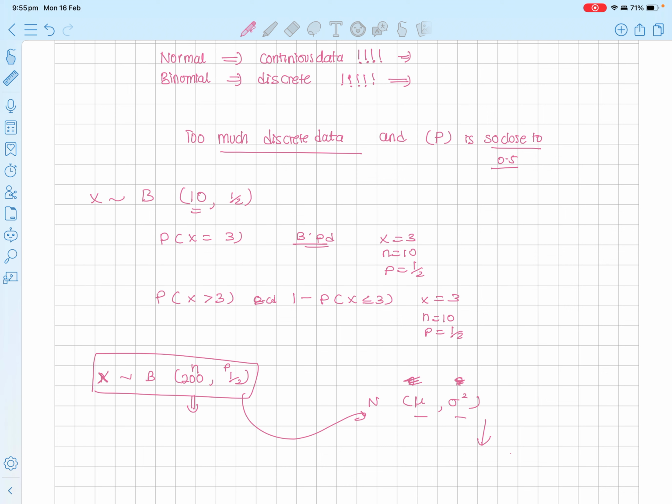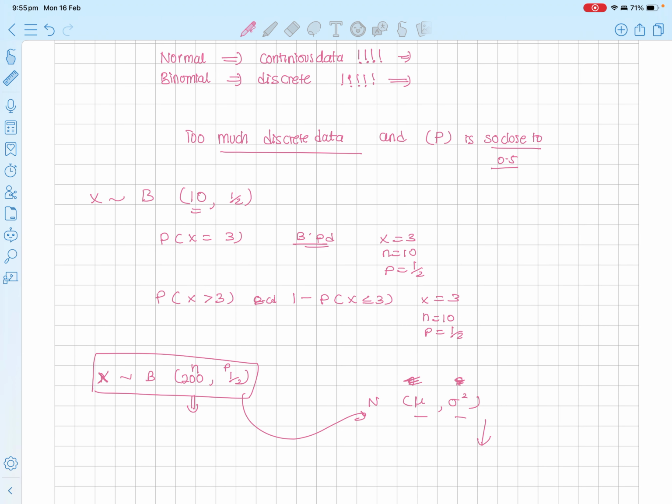That's as simple as that. In the question, he would specifically say using binomial approximation, or using normal approximation, or using a suitable approximation. There's only one approximation technique that you're going to learn in your A-levels. So normal approximation is the only approximation, and you're just going to convert the data from binomial to